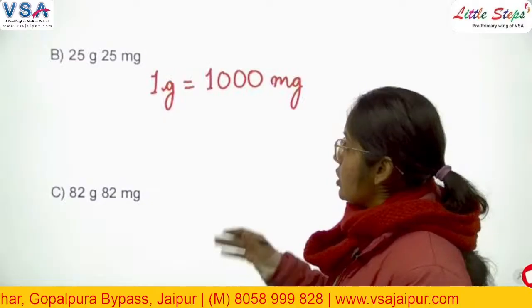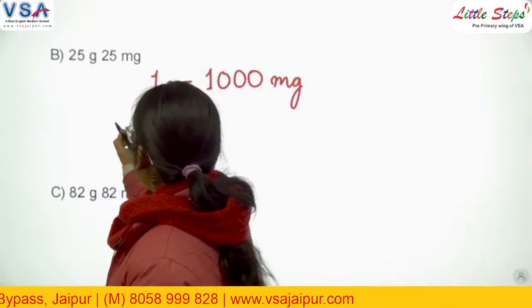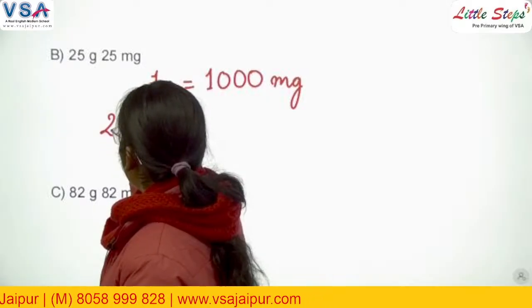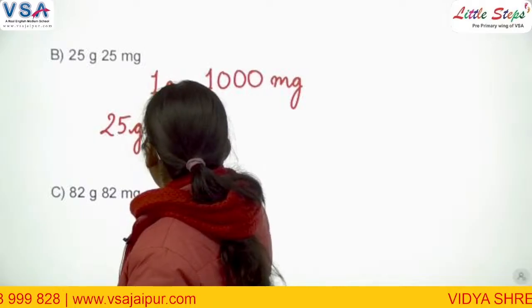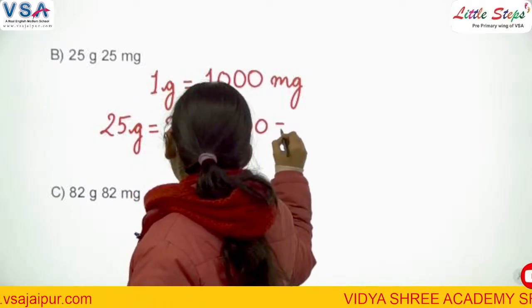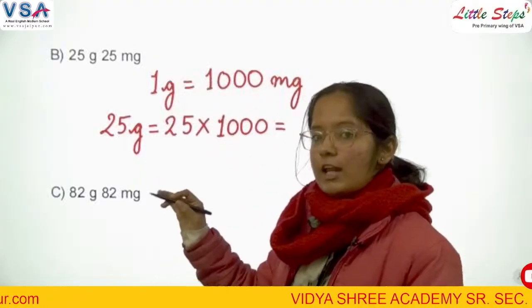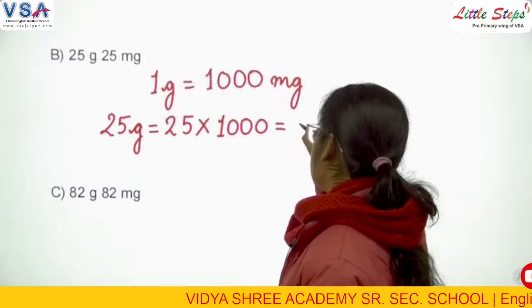Am I right? So 25 grams we have here. 25 grams will be equal to 25 multiplied by 1000. How many zeros are there in the 1000? 3 zeros, so it will be 25,000